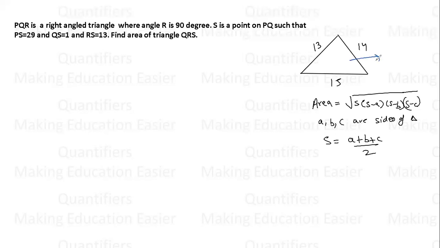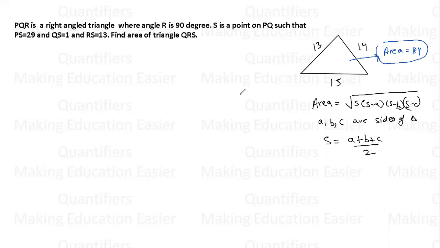But I just want to tell you, this is the only scalene triangle, you must know, scalene means no two sides are equal, which is very frequently used. So if you calculate, the area comes out to be 84. Now you can calculate this area using this formula also, else I would suggest you to remember the area of this specific triangle with sides 13, 14, 15. Very, very important.